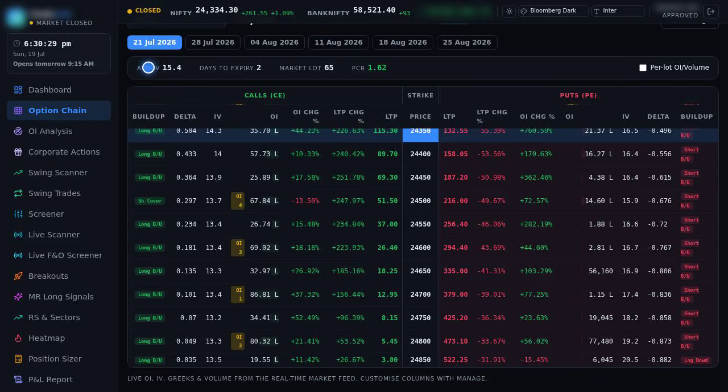Now here is the classic beginner trap, and it catches almost everyone once. You feel sure about the direction, so you buy an option right before a big event when IV is sky high. The event happens, the uncertainty disappears, implied volatility collapses in an instant, and your option loses money even though you were right about the direction, because you overpaid for volatility that then vanished. So before you ever buy, glance at the IV and ask one question: am I paying a fair price, or am I overpaying for fear that's about to fade?